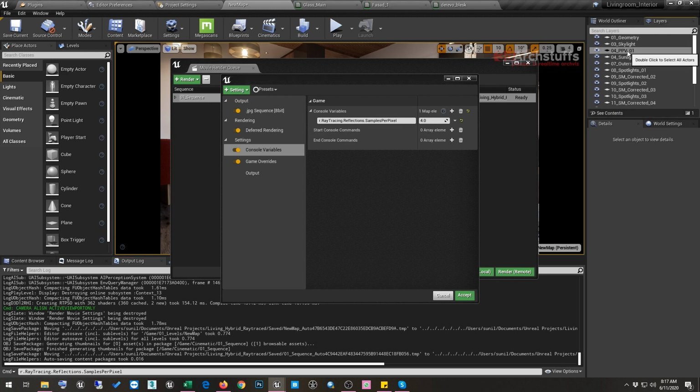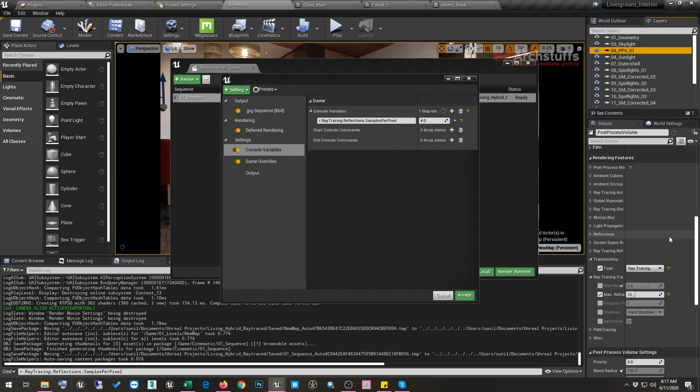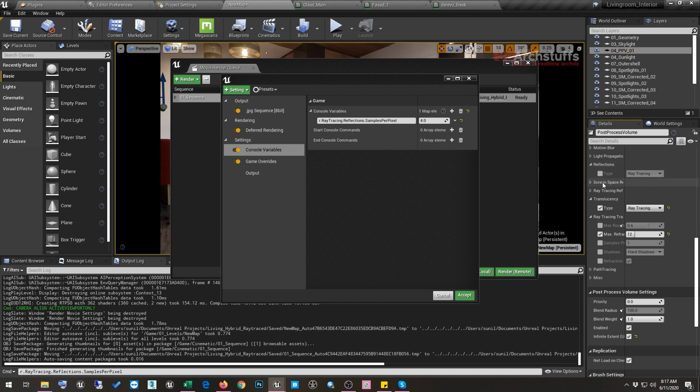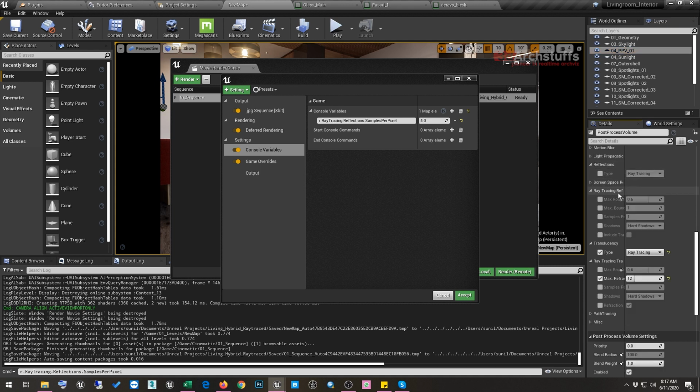After giving the ray tracing reflection sample per pixel, we can also select this post process volume and start giving the values accordingly. We already have reflection and ray tracing on, and this ray tracing reflection is on, and we just gave a sample per pixel. We can also give the bounces.